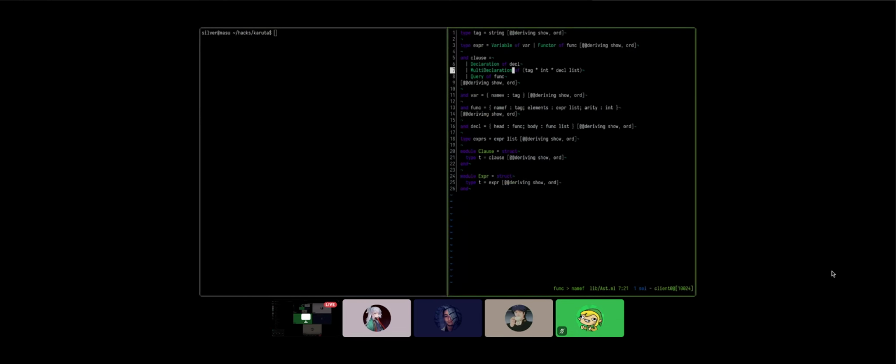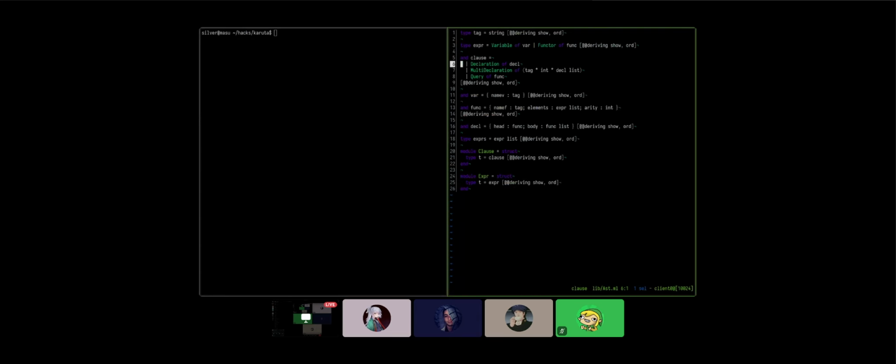We are recording. All right, so we just merged the refactoring branch that I was working on into the L3 branch. Basically, what it does is it splits up the type that we had for the AST into two separate types, one for clauses and one for expressions. The difference is that a clause appears in the top level of a file, so you have declarations and queries, and an expression is like a variable or a functor. So basically variables and constants, but we only have one type of constant at the moment.